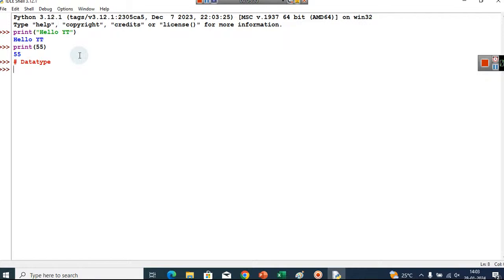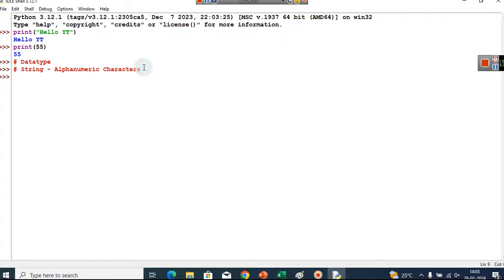That's why in Python we have the string data type. String data type has alphanumeric values, and these values are written inside quotes. It is a collection of alphanumeric characters. For example, here we have all alphabets and a space, and that's why we have to keep them in quotes.